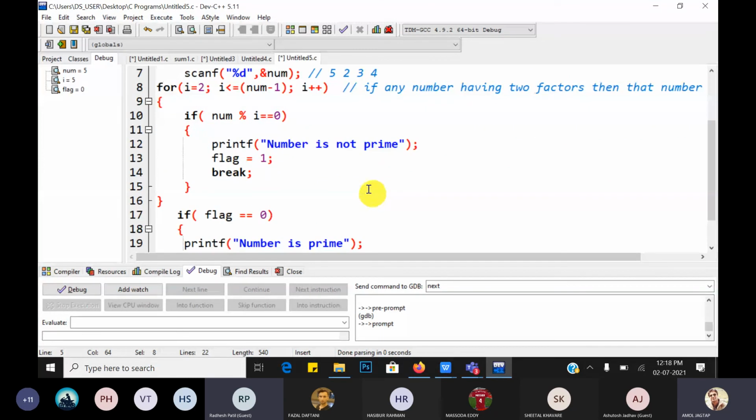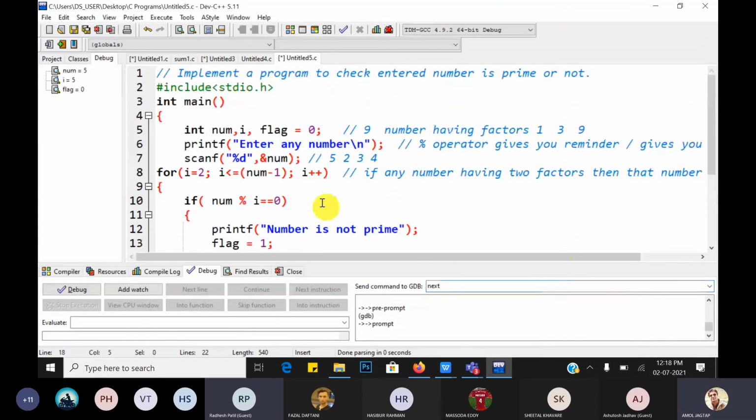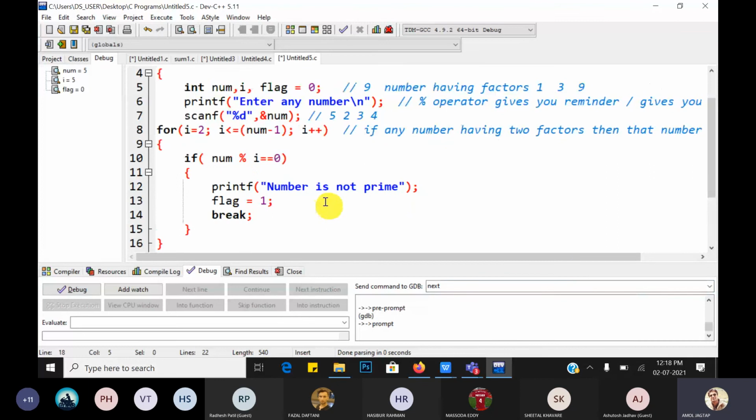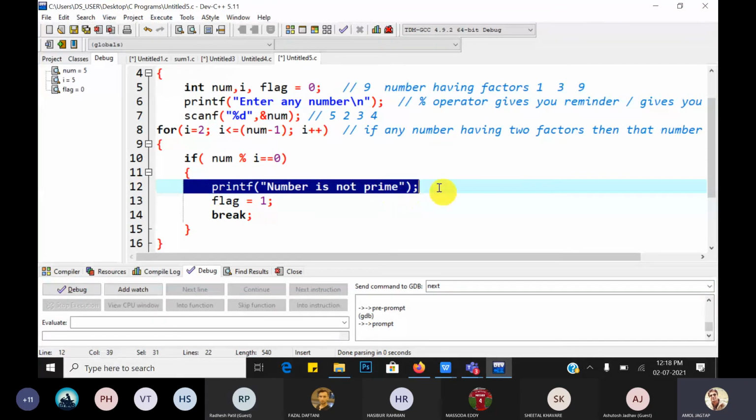Okay, so how can we implement it? This is a different logic. If num mod i is 0, then you have to increment the count. What is the CNT? Count is equal to count plus 1.